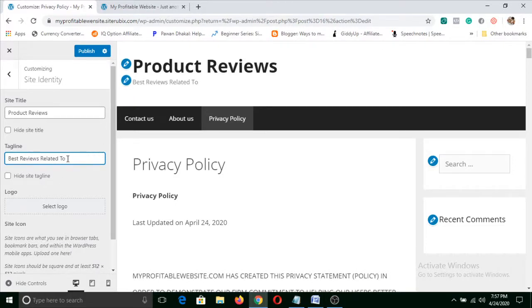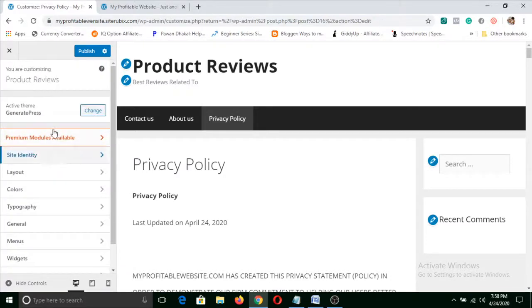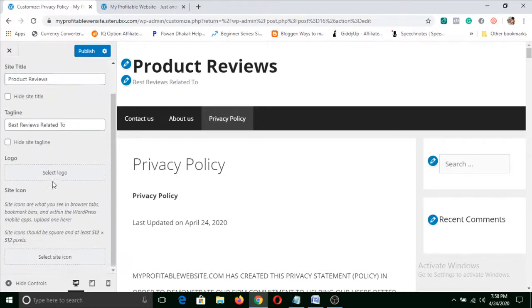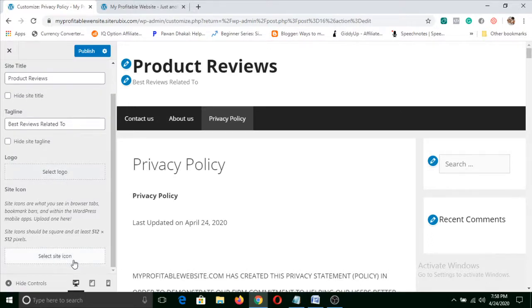Okay, so in this way you can change these things by visiting site identity. Now we can place the logos by clicking here on site icon. Site icon means, as you can see here, currently it is showing a W, which is the site icon of WordPress. That will change in another lesson, I'll show you properly. To make a logo and this site icon, I'll show you in the next video. For today you can do this much.